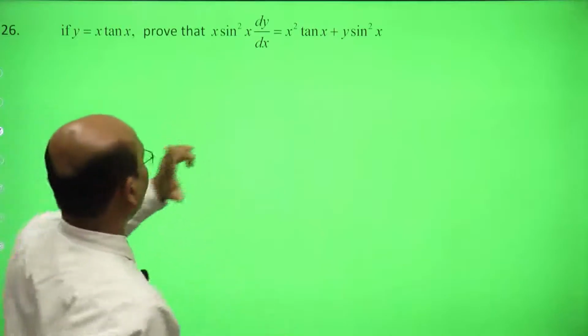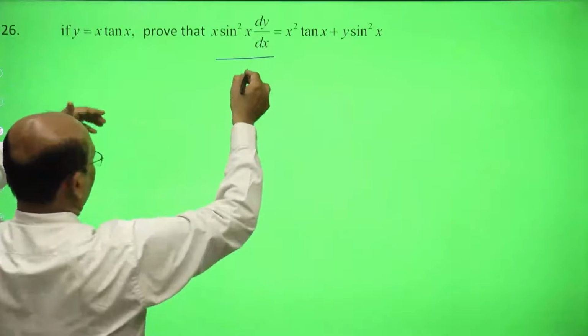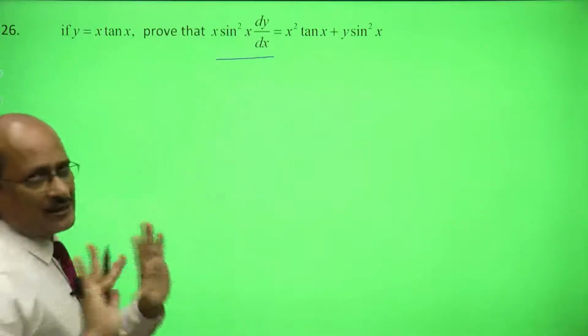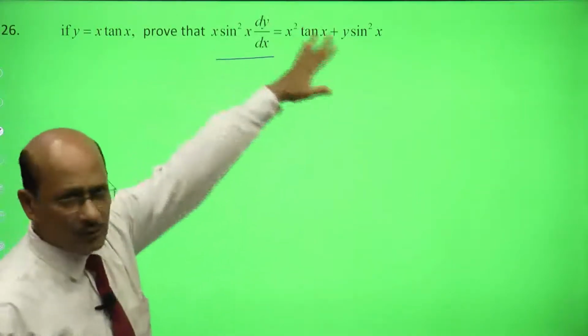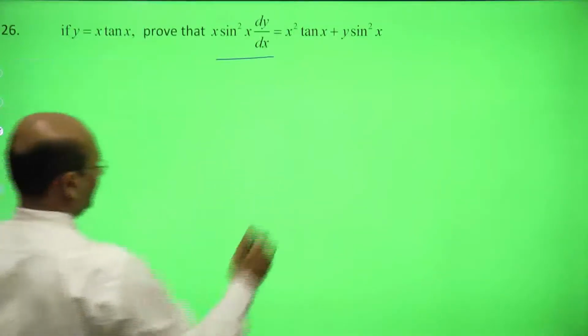Okay, the issue is what? Now, if you look at LHS, dy by dx you have to get from here. Take this dy by dx and place it in this. That's what it is, LHS, and prove LHS is equal to RHS. That's what the sum claims. So anyway, now let me see whether I can really